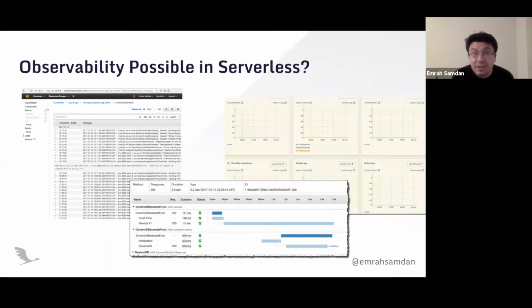So could we say it is completely possible? Actually, there are some missing points here that we will cover in this presentation. The logs, metrics and traces are somehow separate from each other, and the traces are not covering all of some of the most common use cases of serverless.